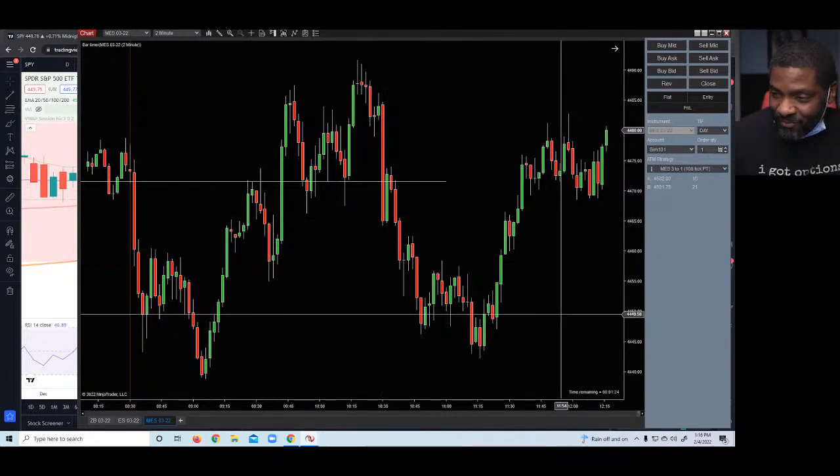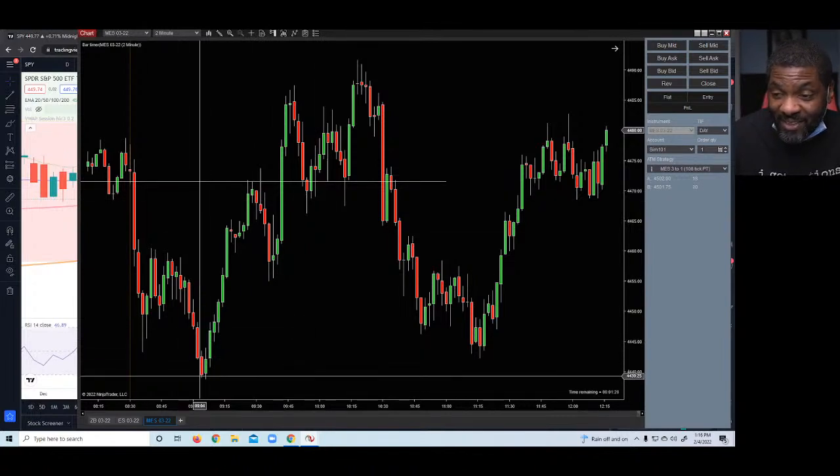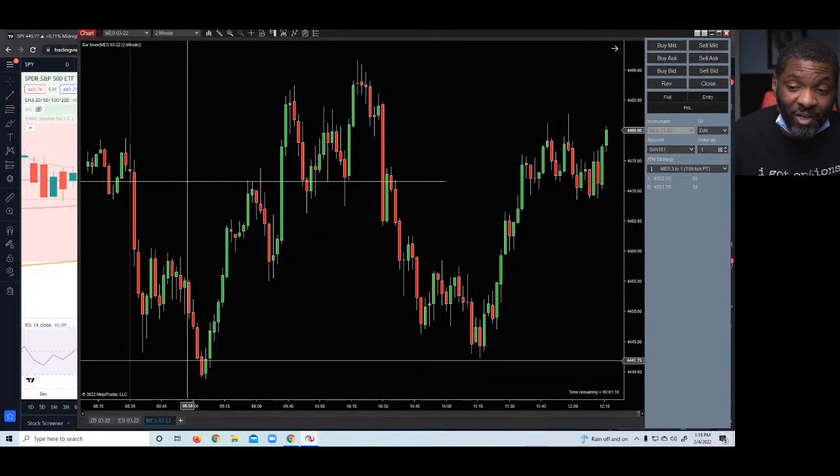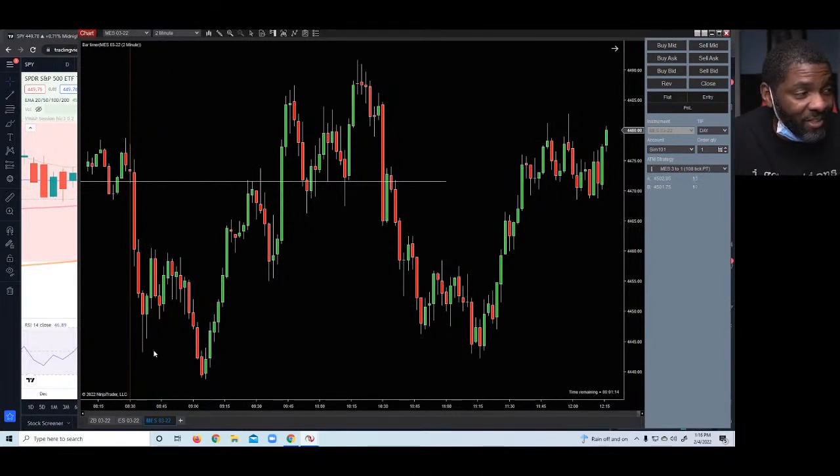And then it's another one that ICT showed me. So I'm gonna show you the one I took with Lex. It's coming from here. We ran these lows right here. Let me change it to the arrow. Right, these lows right over here. Once we ran these lows, we came up. We made a swing high, swing low. Made another swing high, swing low. That's two. Made a third swing high, breaking that one, and then we came down and we broke the lowest low. That's when I started looking for the entry right around here, and that's the melting butter setup.